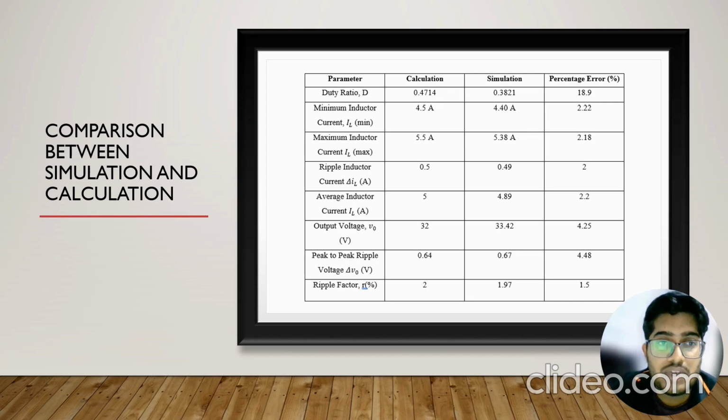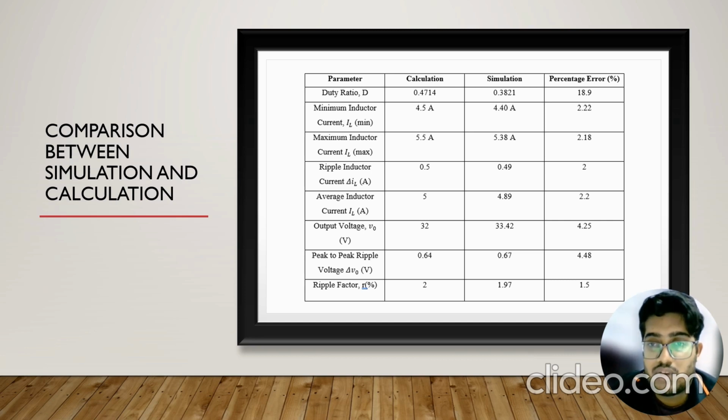So this is the comparison between our simulation and also calculation. For the duty ratio, based on calculation, we got 0.4714, but in simulation, we got 0.3821. The percentage error is 18.9%, which is quite high. So next is minimum inductor current, which is IL min. For the calculation part, we got 4.5 ampere, and the simulation is 4.40 ampere. The percentage error for this is 2.22%. And maximum inductor current IL max, based on calculation, we got 5.5 ampere, and the simulation is 5.38 ampere,